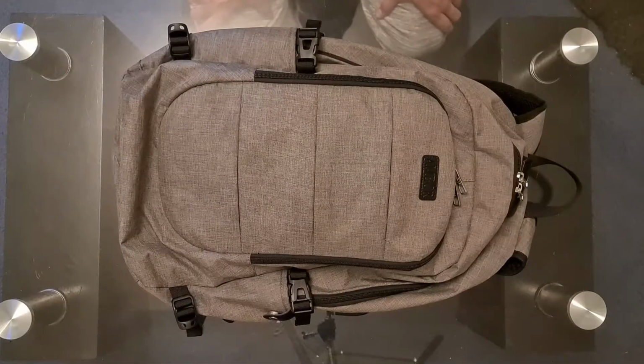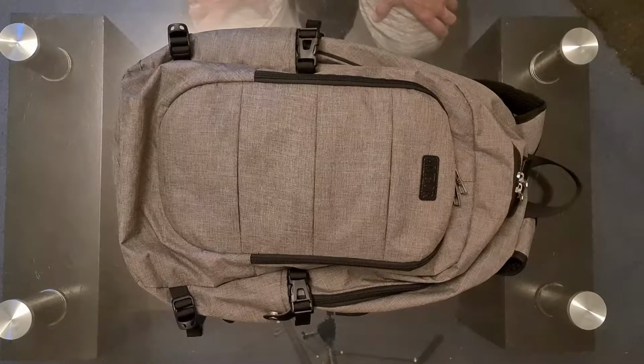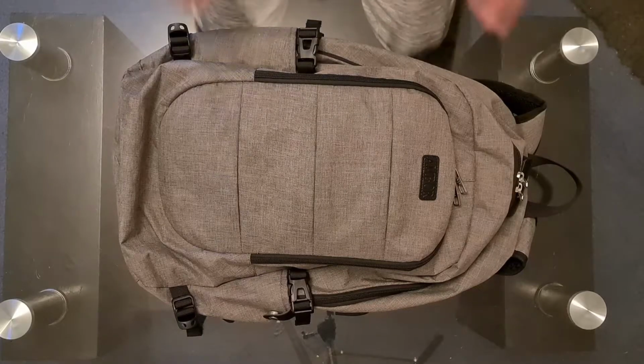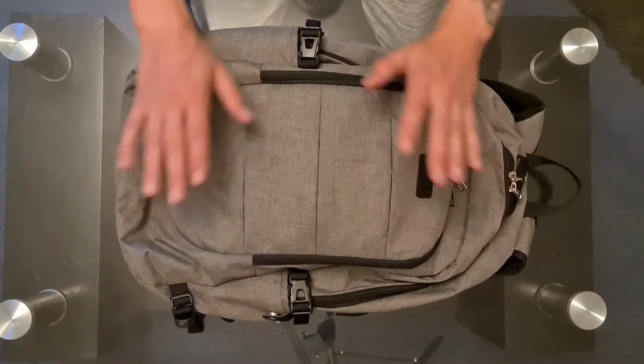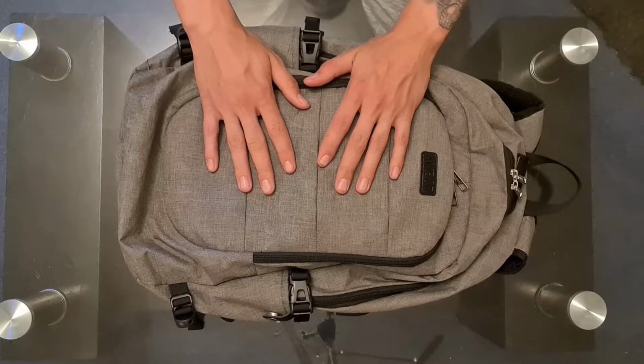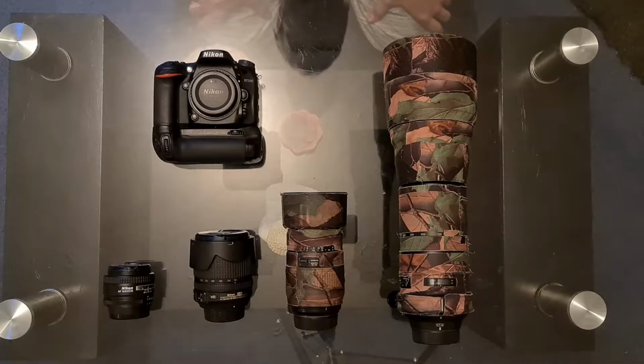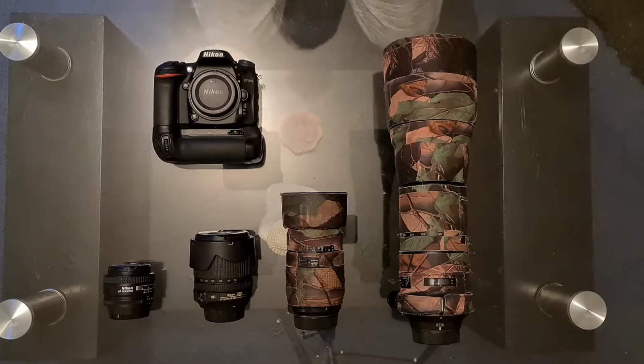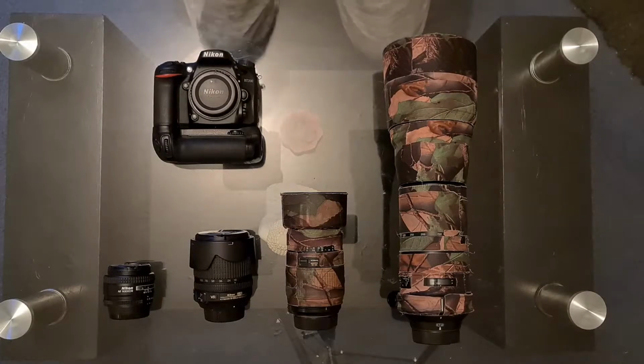So based on what you just heard, I'm going to show you all the kit that I'll be using to film all of this and pretty much accomplish what I set out to do on my adventures. So we'll start off with everything that will be in this bag here. This is all of my camera equipment, just my DSLR stuff. This will be handheld filming, and what we have here